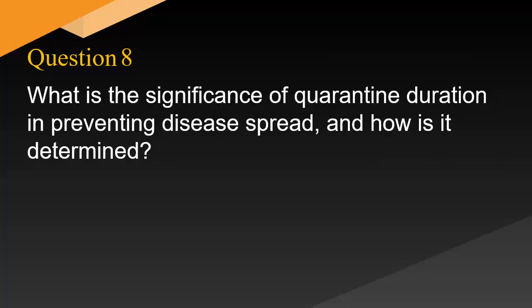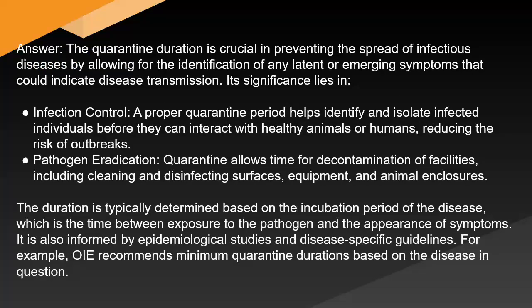What is the significance of quarantine duration in preventing disease spread, and how is it determined? Answer. The quarantine duration is crucial in preventing the spread of infectious diseases by allowing for the identification of any latent or emerging symptoms that could indicate disease transmission. Its significance lies in infection control. A proper quarantine period helps identify and isolate infected individuals before they can interact with healthy animals or humans, reducing